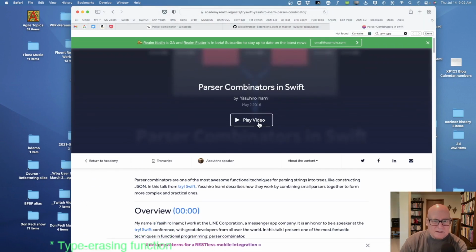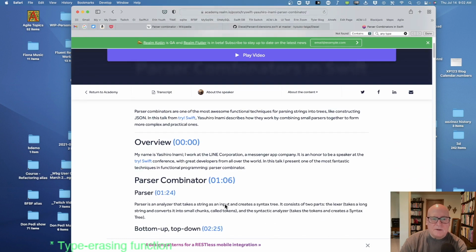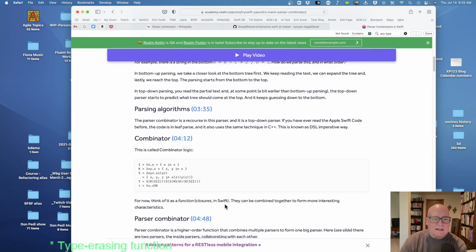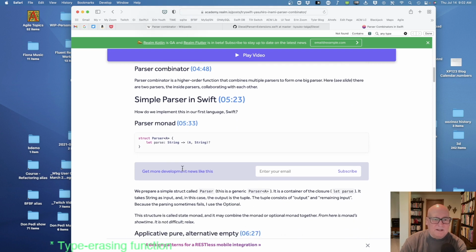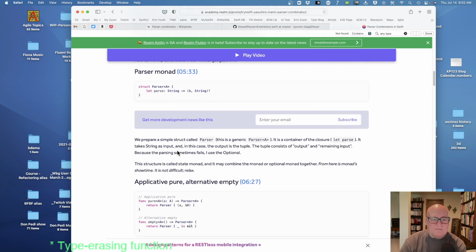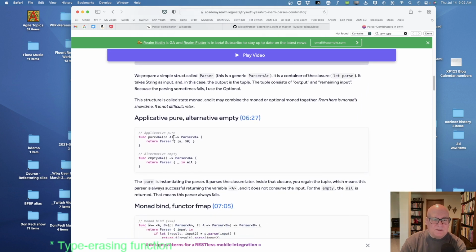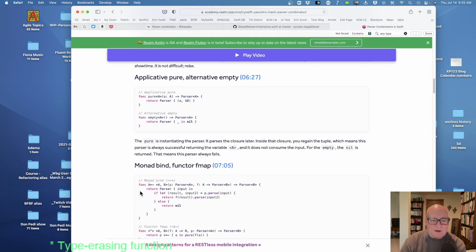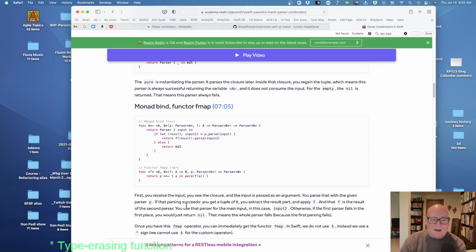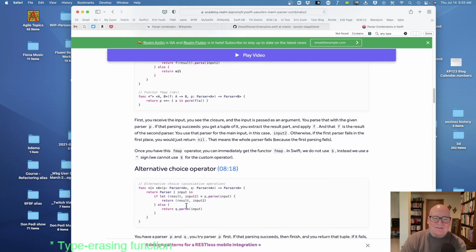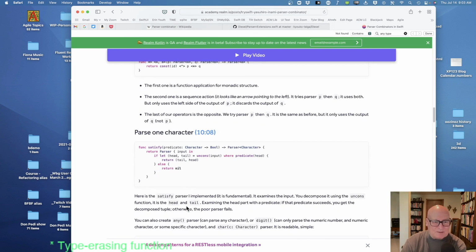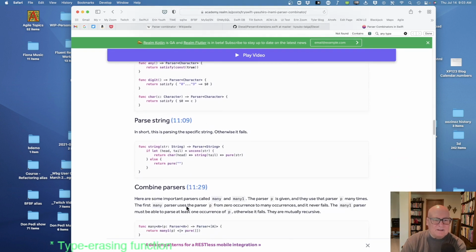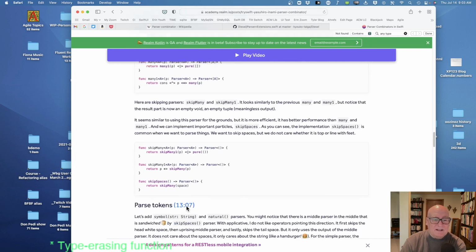This article, I guess there's a video too, is Parser Combinators in Swift. It takes what I would call a Haskell approach. I don't know if it's really Haskell, but it's a very functional-language kind of approach, down to lots of operators and talking about monads and stuff like that. I'm not up to speed on how this one works. I skimmed the article and it looks like a different approach than what we've done. We'll give it a go and see what we get.